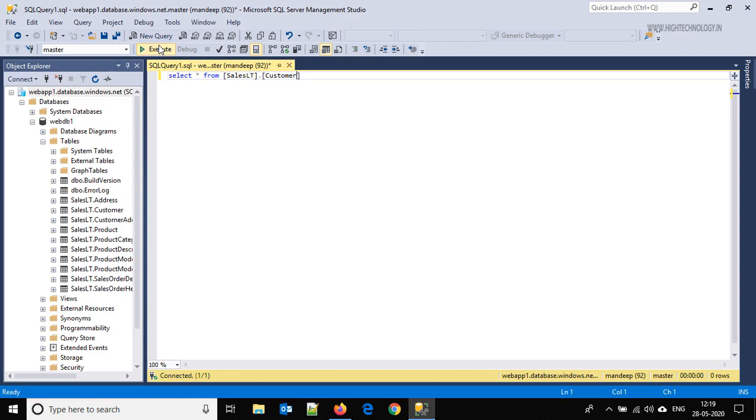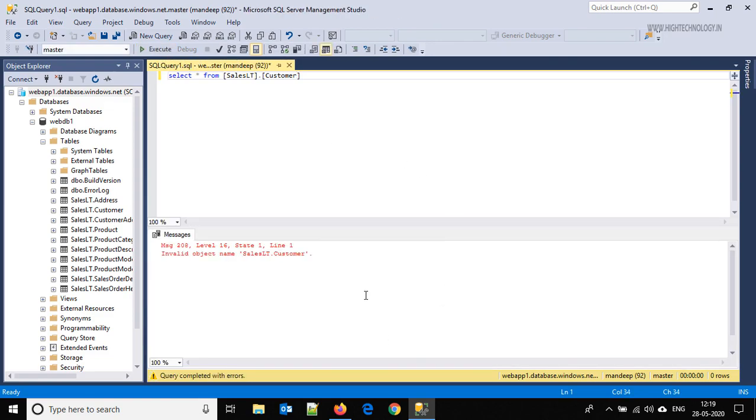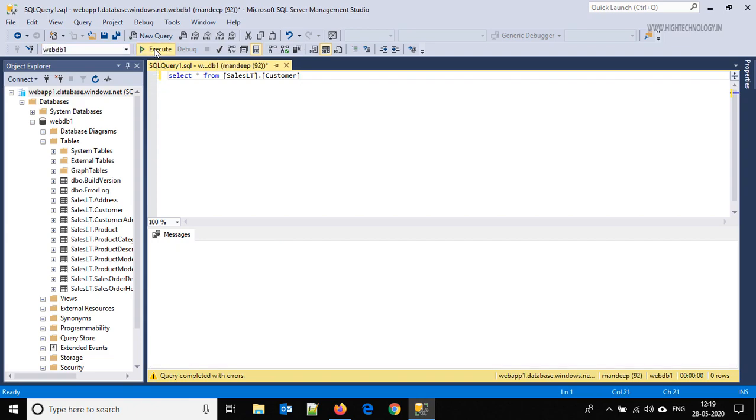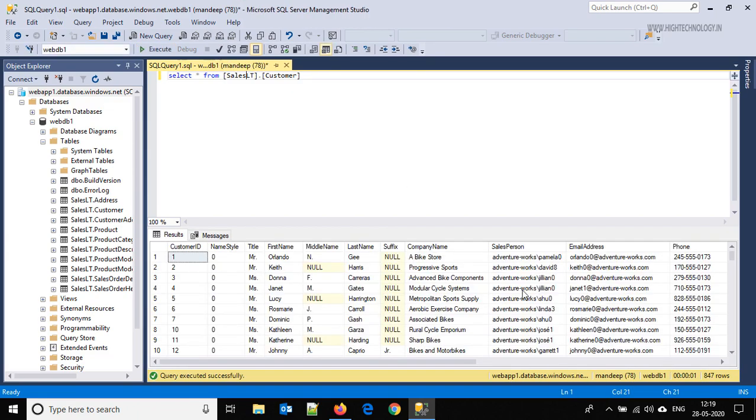Execute it. Okay, let's go to the master. Let's change the database to the web db form. Now execute, and you are able to see the results.